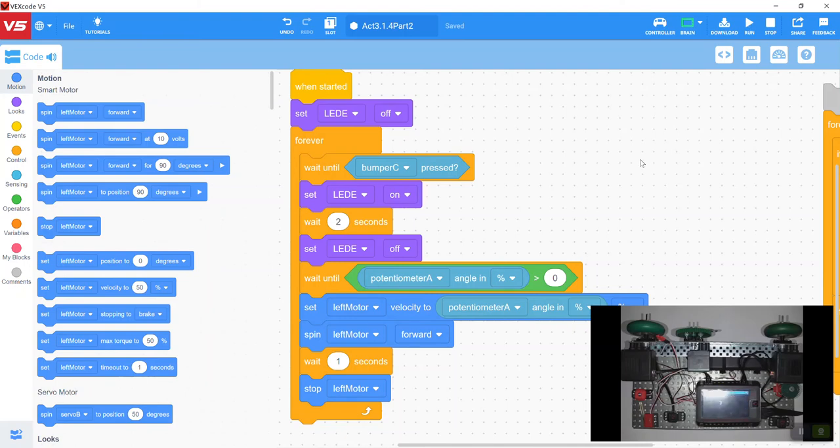So right now it's waiting until the bumper is pressed. We'll watch the LED flash. There it turns on and turns off after 2 seconds. Then it's going to wait for the potentiometer to be greater than 0. My potentiometer is reading at 0. Once I turn it greater than 0,